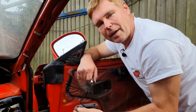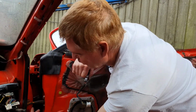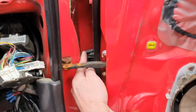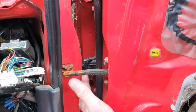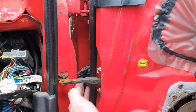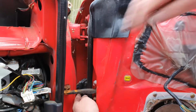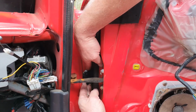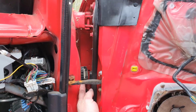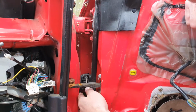Nearly all manufacturers put a joining plug here, and it's a real easy one to undo. You can see here there's a little lever. Just get 2 fingers around the lever and pull it towards you, and the plug comes out. Like so. The 2 are now separated. I'll just do that one more time. And to plug it back in,